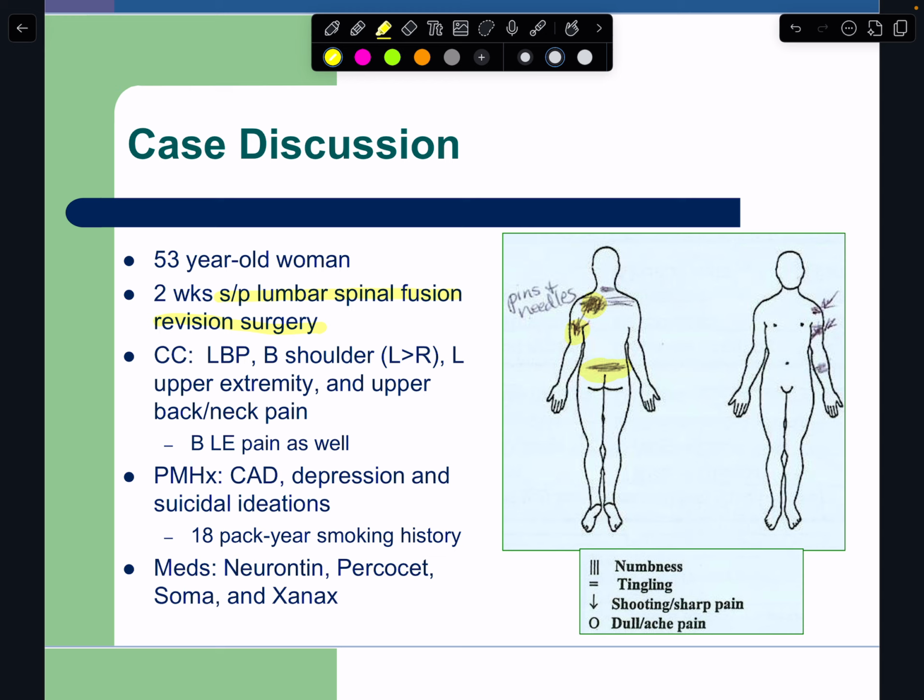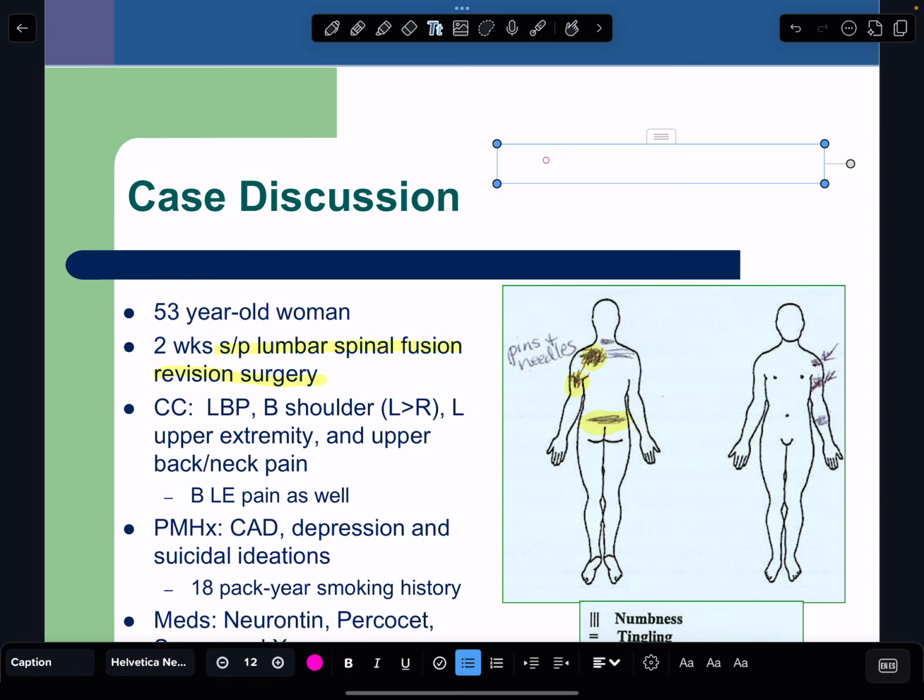Neurogenic claudication? Neurogenic would be one. What else? Vascular claudication. Sure, so those would be the two, right? So to evaluate for neurogenic claudication, what would you do? Evaluate the spine with diagnostic imaging, so her